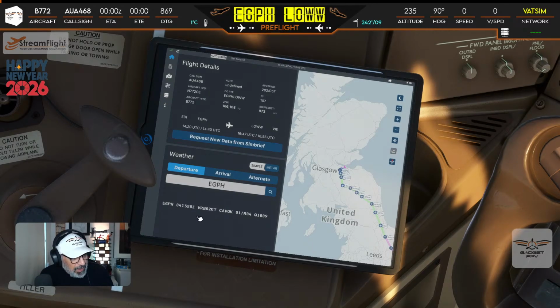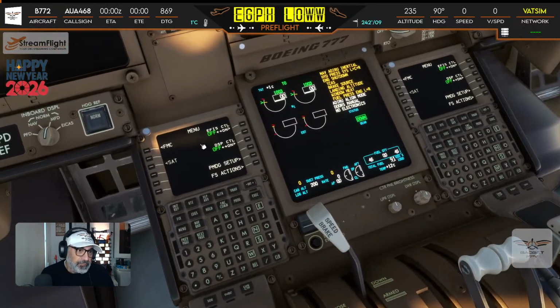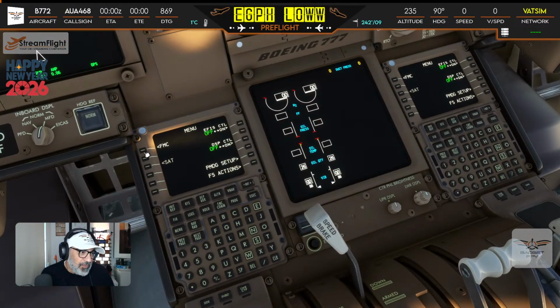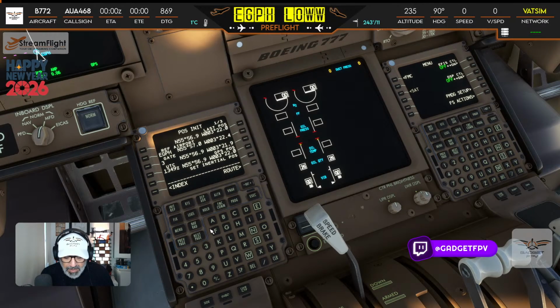All right. So we are leaving on 24 today. Let's sort this out, shall we? Okay, so FMC positioning it Edinburgh, so EGPH. Here we are, and we're at gate 3. Let's pop that in there. Oh, sorry, there we are. And enter that there. There we go. All right, let's get